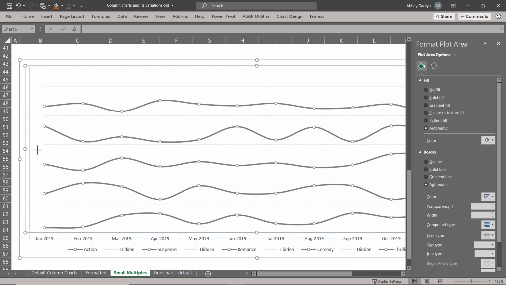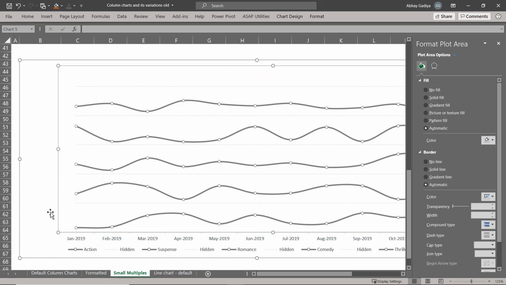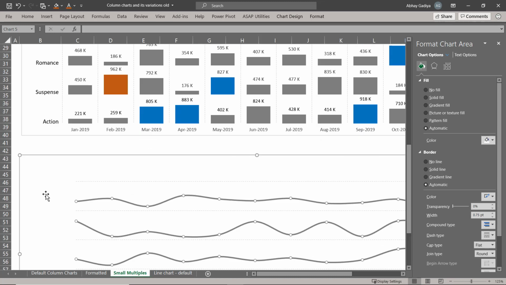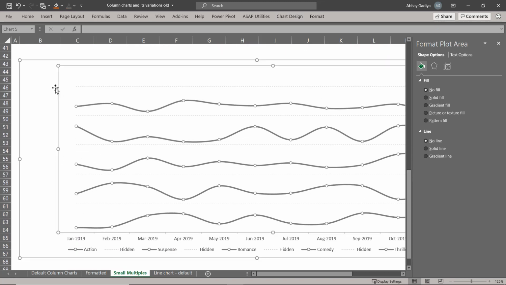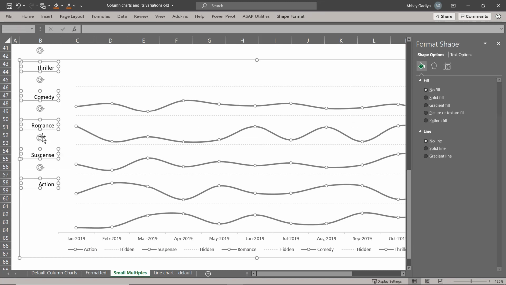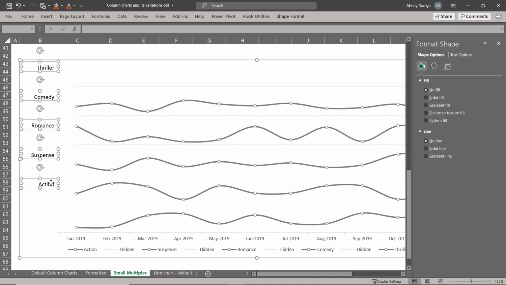Now we will have to put the labels for each category of movies. So I will quickly put action over here. I will copy this same stuff. I will select this since I have already added. I will select all of them with the Control key pressed, Control C. Then select this chart, press Control V, and let us arrange these labels properly.